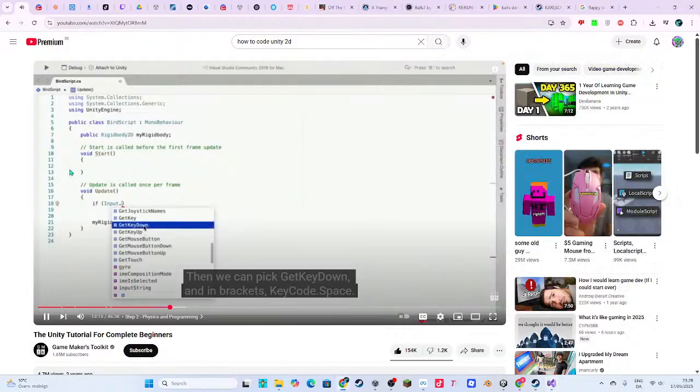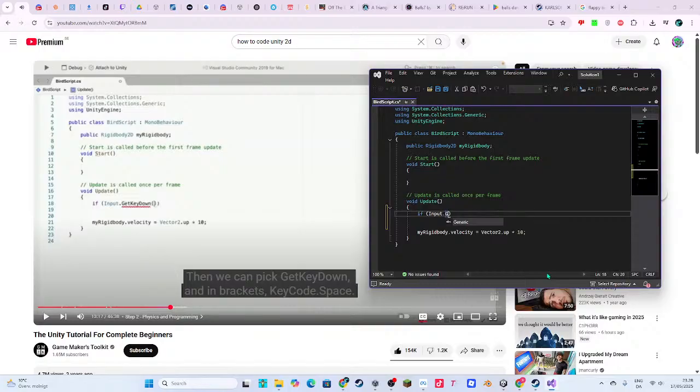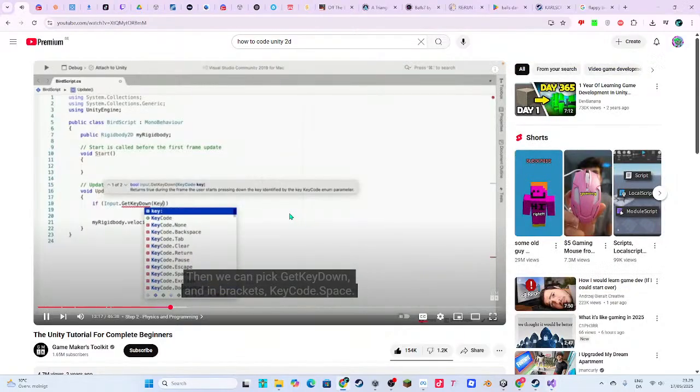Then we can pick GetKeyDown, and in brackets, KeyCode.Space.